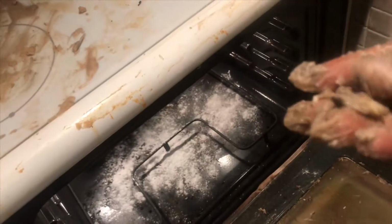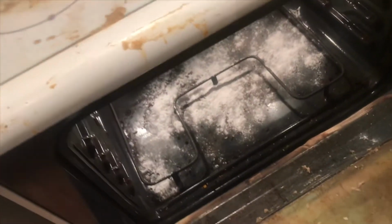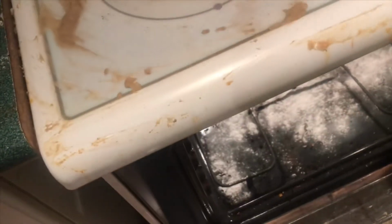If you can use it without using any chemical on your appliances, especially if you have all those expensive appliances, you want to take good care of them. So you can see what the color is. It doesn't look pretty, but it does the job. So we are gonna take a bunch of the one that's already cut again and put it